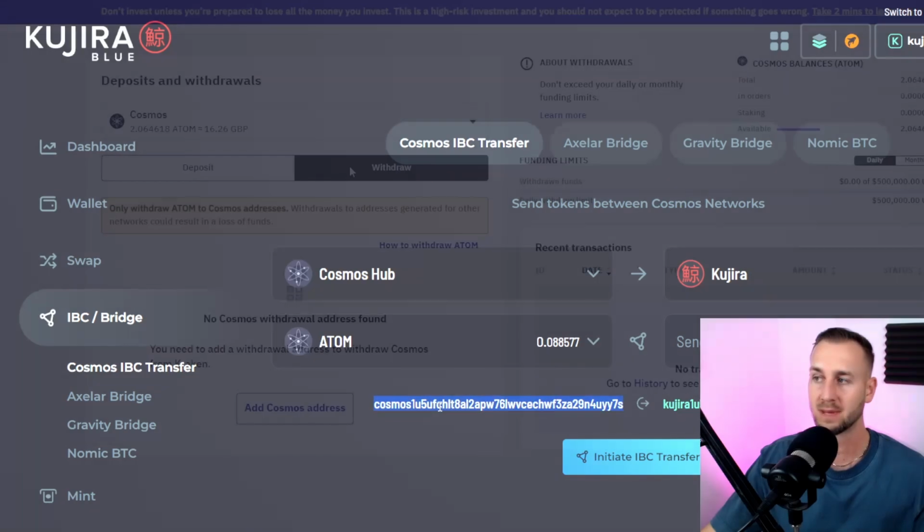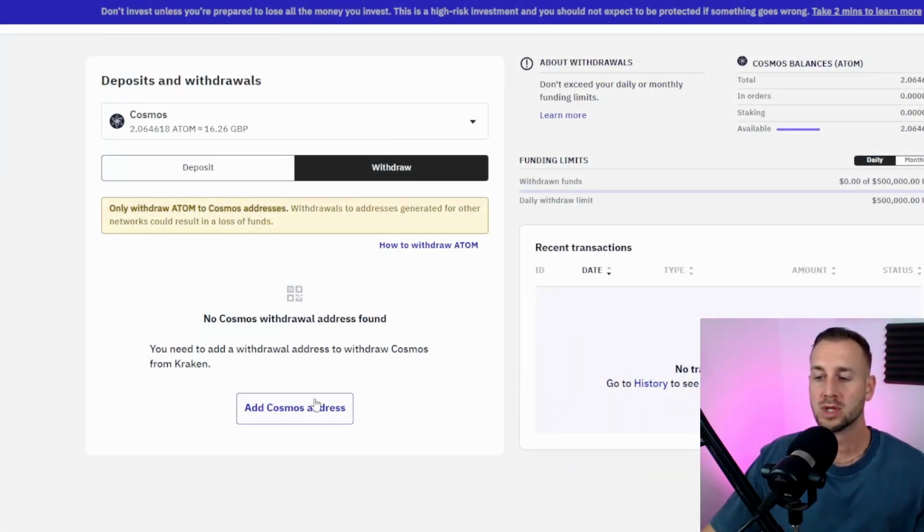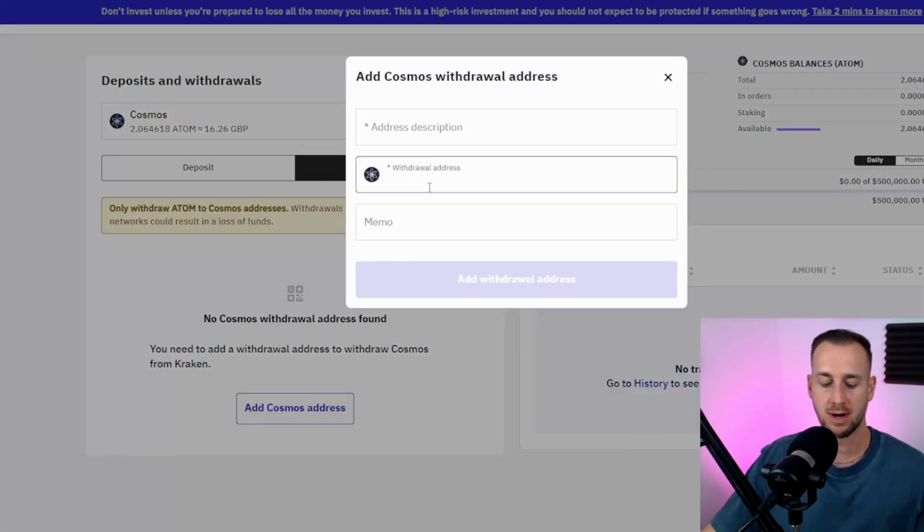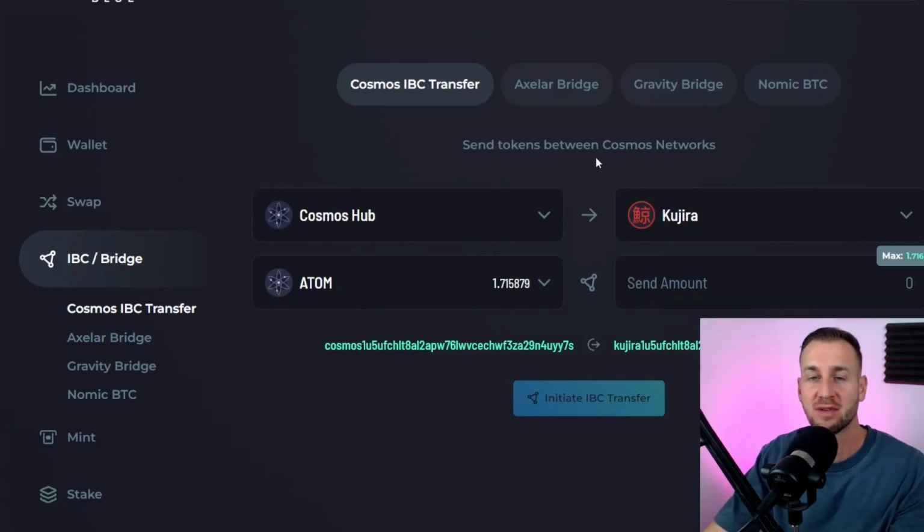So I'm just going to copy that and then add that to my withdrawal address here on Kraken. So a few minutes have passed. My funds have left from Kraken and now they've been deposited onto my Cosmos Hub wallet here. So this is my Keplr wallet for Cosmos. And as you can see, my Atom tokens are now on here, like